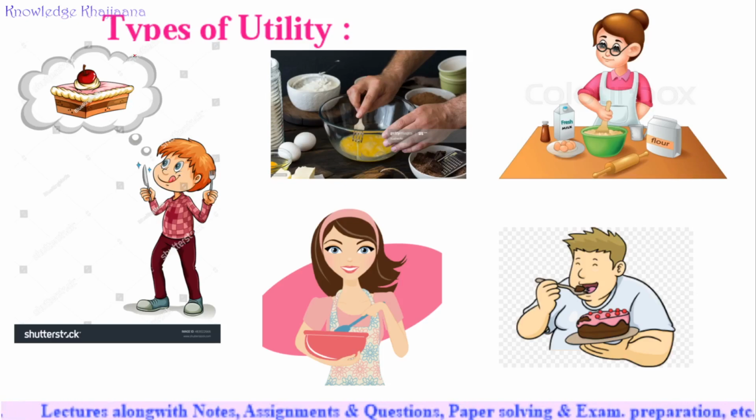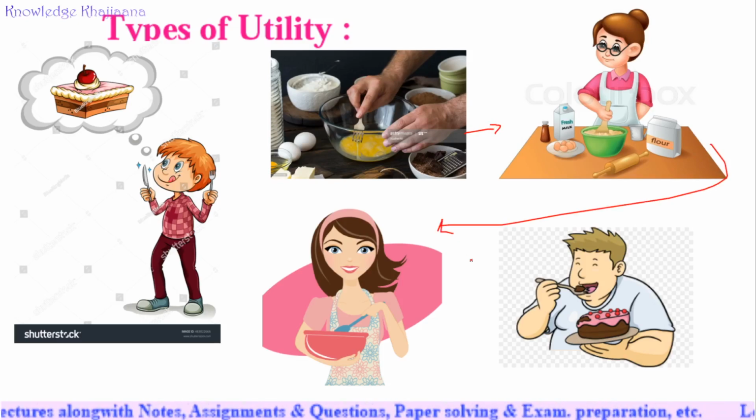See, if the person wants to have the cake, he desires to have the cake, then what should be done? All the material of the cake must be brought, it must be mixed properly. The preparation of the cake must be done. Proper mixing must be done, and after preparing it, the cake will be ready to eat, right? Then only it will give the satisfaction. The raw material will not give the satisfaction. It must be changed into another form, right? It must be changed into another form to give its utility.